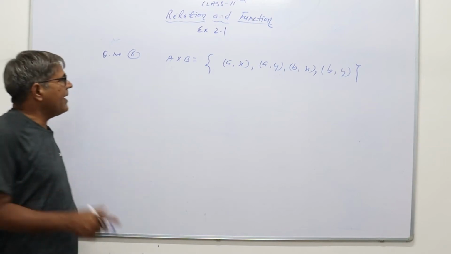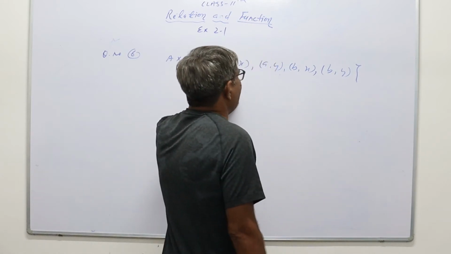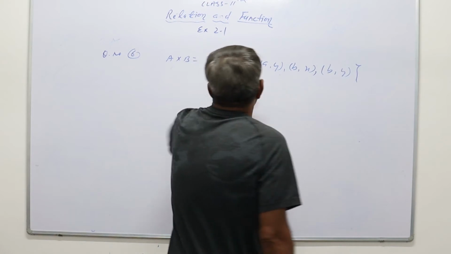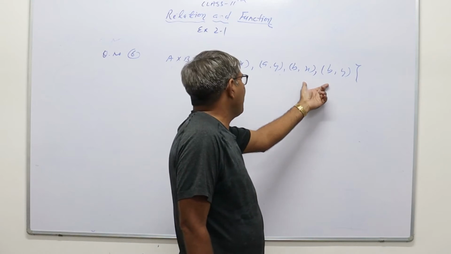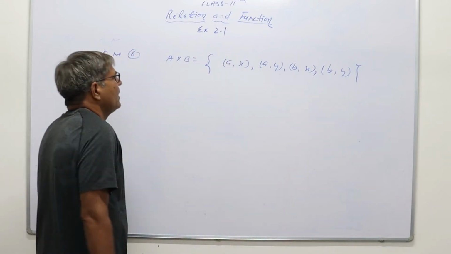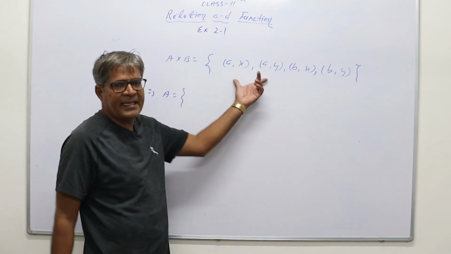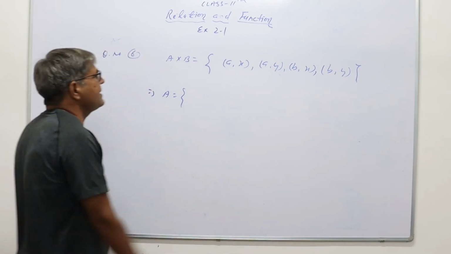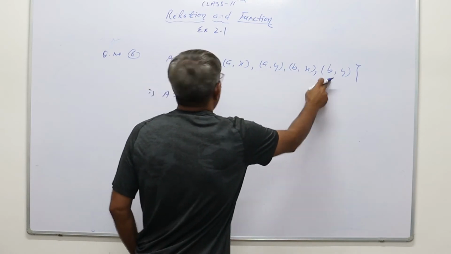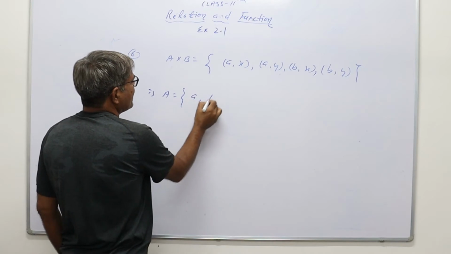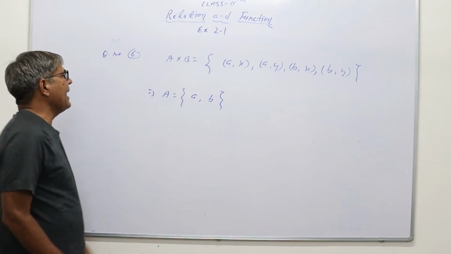When the Cartesian product is defined, the collection of all the first elements in the given ordered pairs belongs to the first set, and the collection of all the second elements belongs to the second set. In set theory, if any element is repeated, we write it only once. So in all 4 ordered pairs, the elements are a, a and b, b. So the repeated element is written only one time. So set A has the elements a and b.